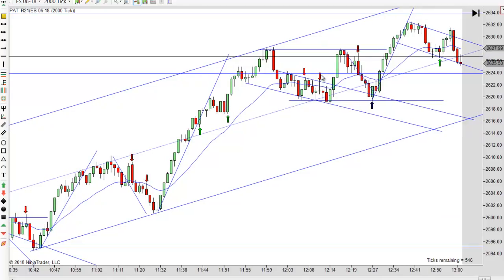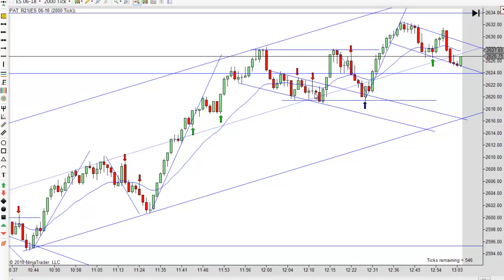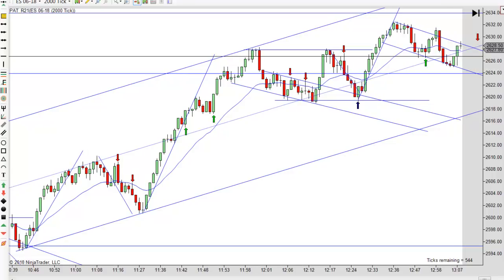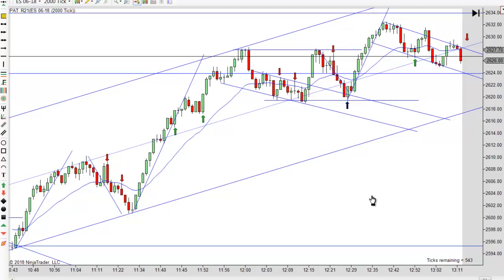So that one, I wanted to mark that one green, but it's not really green. So I'm explaining that. If you just look at it red, it doesn't look right. But you had to use a limit order or get in a little, let it break lower and drop a limit order in a little further up, and that would have turned out to be a pretty good trade. It was only good for a scalp, but then it bounces. And so that's the first break of that little spiking channel.